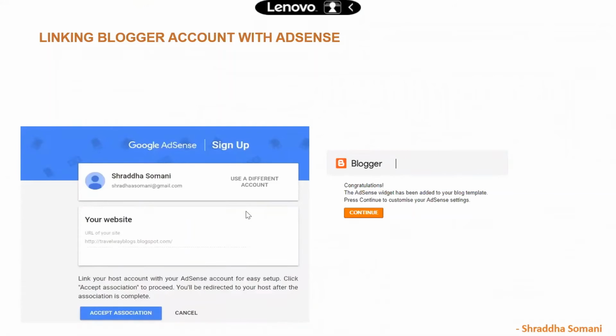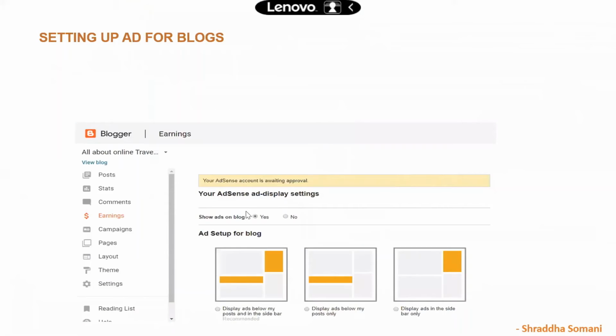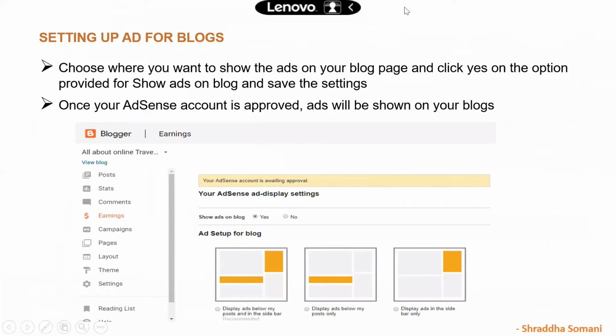So I hope everyone is clear how to create a blogger account. Yeah, Sujay has raised his hand. Yes, Sujay, please tell me your query. Okay, Sujay is asking me, can I edit and add ads on it and post it again? You cannot edit the ad. That control is with the advertiser. Whatever advertiser is designing the ad, that kind of ad will be shown, right? So you cannot edit any ads. You can only show the ads.